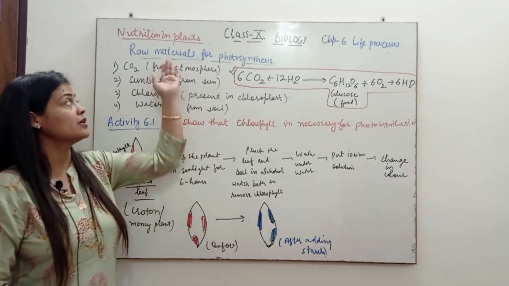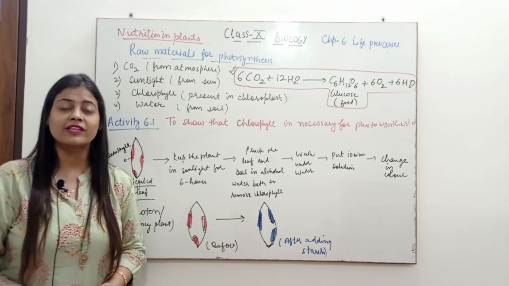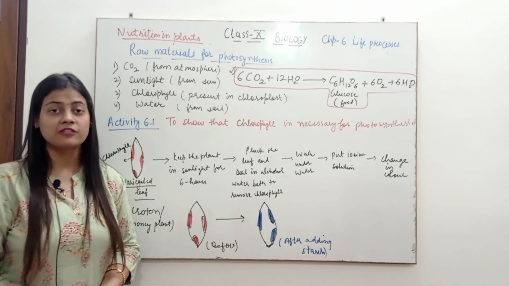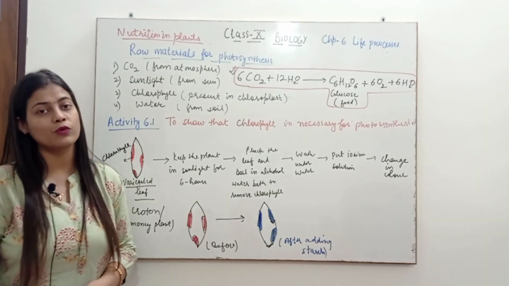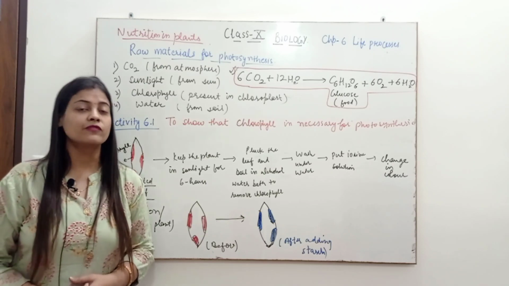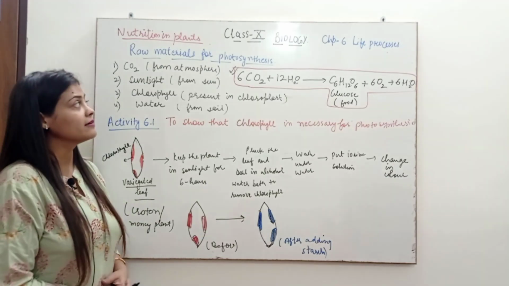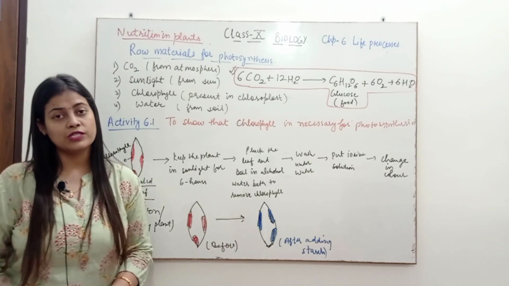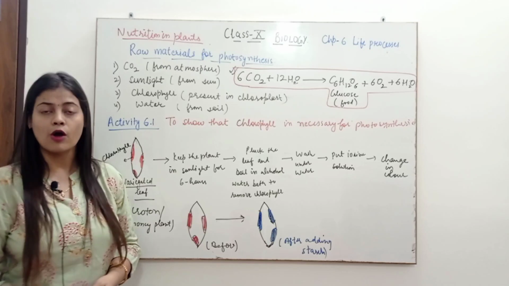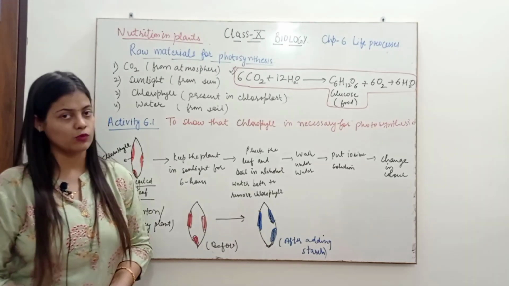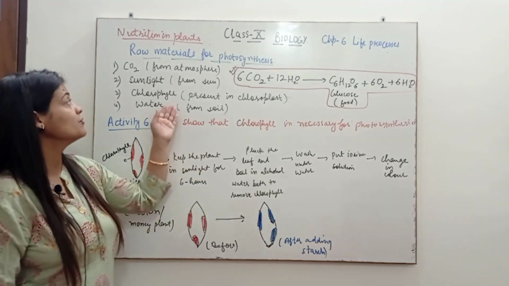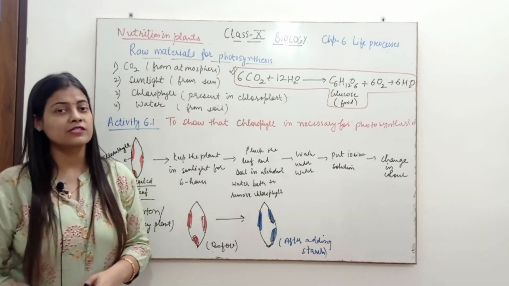After that we have started with nutrition in plants. So do you know which type of nutrition plants show? Yes, it is the autotrophic mode of nutrition, in which they are able to prepare their own food with the help of photosynthesis. And you know that we have started with the photosynthesis process also, and the topics done were the raw materials or requirements for photosynthesis and the importance of photosynthesis. Now we will see the raw materials or requirements for photosynthesis.